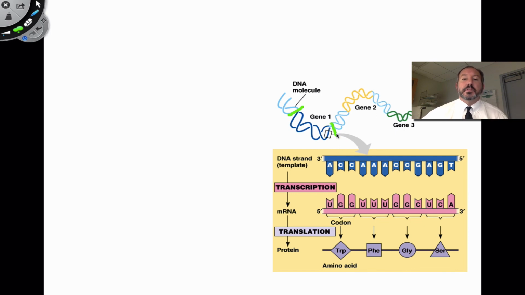Now, I wanted to point out something that's rather important, because the correct orientation of the nitrogen base sequence is rather critical. And so you might know that DNA is a double-stranded molecule. There's 2 strands. And so as it turns out, the 3' to 5' is the sense strand, in other words, the template. That's really important, because when you transcribe it into RNA, so do you notice here A bonds with U, C bonds with G, C bonds with G, and this spells out a codon. And then AAA is then transcribed into UUU, and then CCG is GGC, like that.